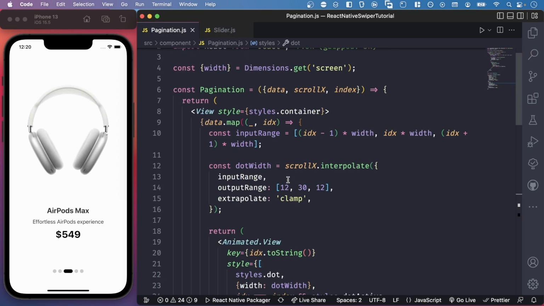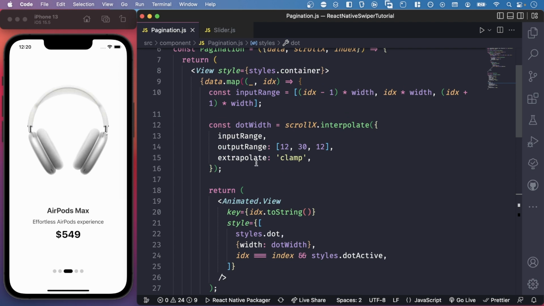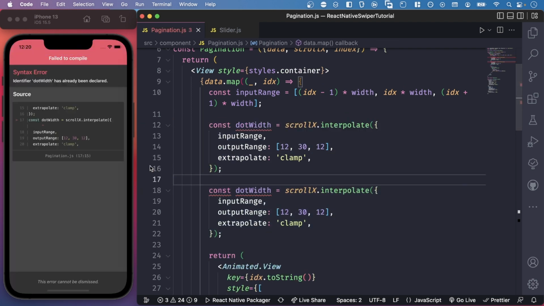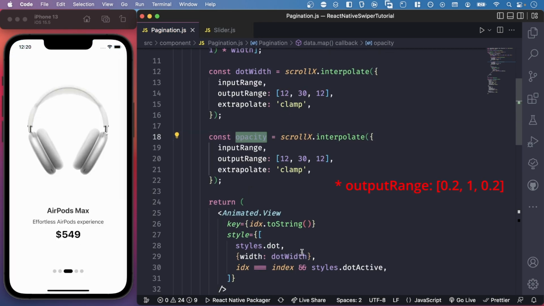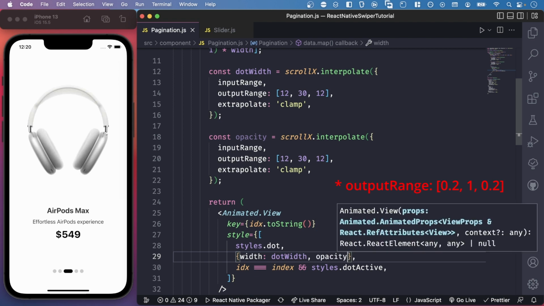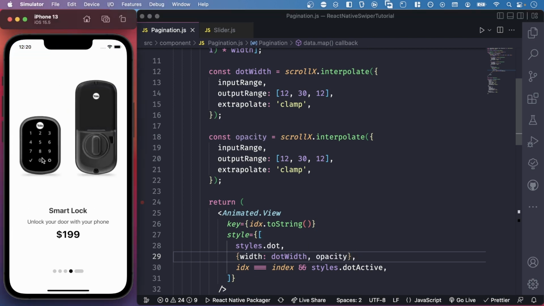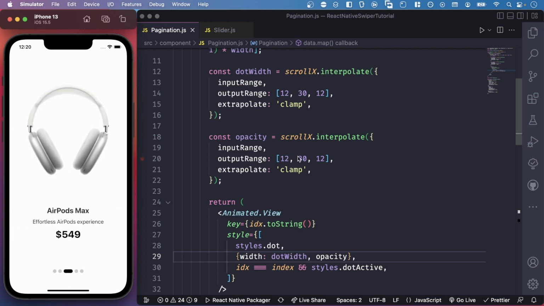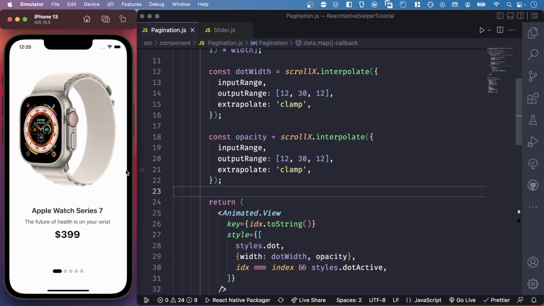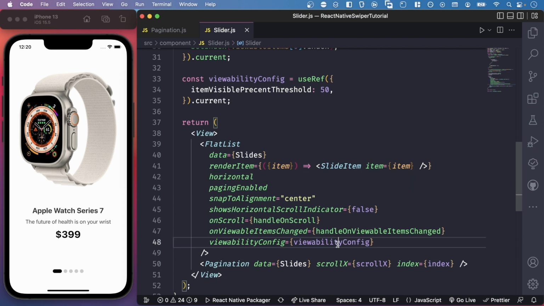And then the next step is that what you can do is to add opacity for this. So I'm gonna just copy and then duplicate it down below right here, and then use opacity. And then just copy this opacity from there and then pass it right here. All right, so now as you can see, I'm changing this slide, but still we are not seeing the desired dot animation. So I covered this part as a bonus for you to know how to calculate the index of